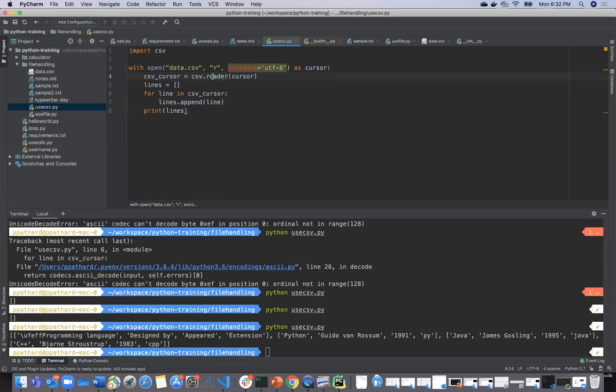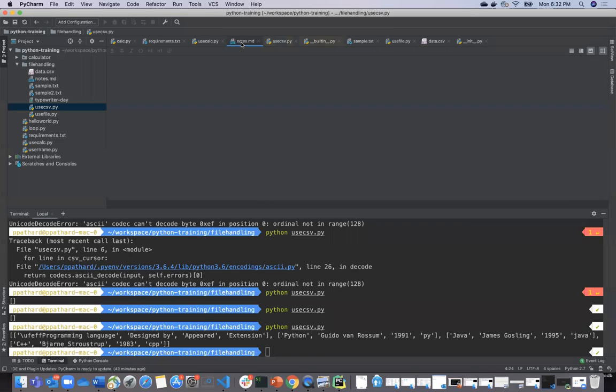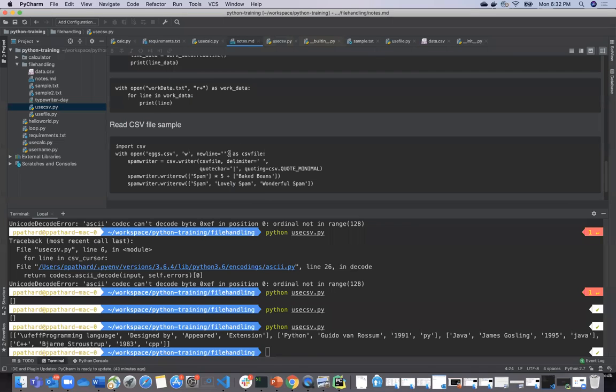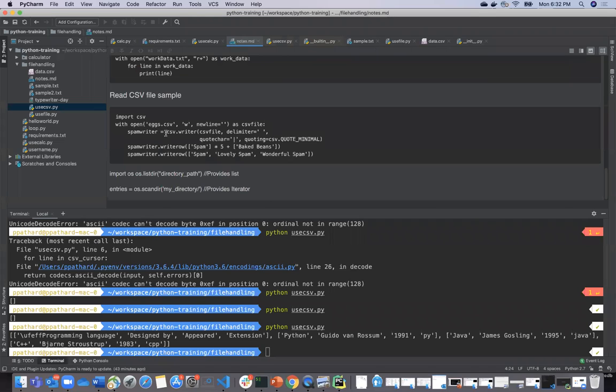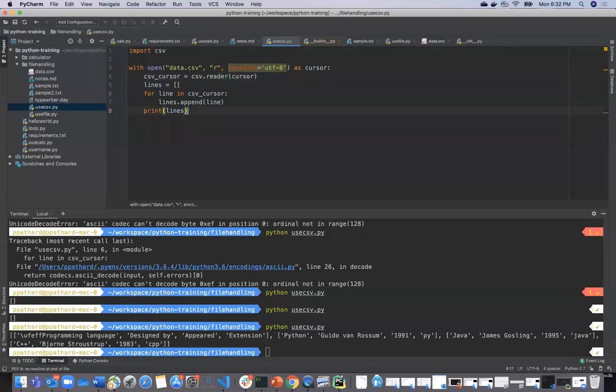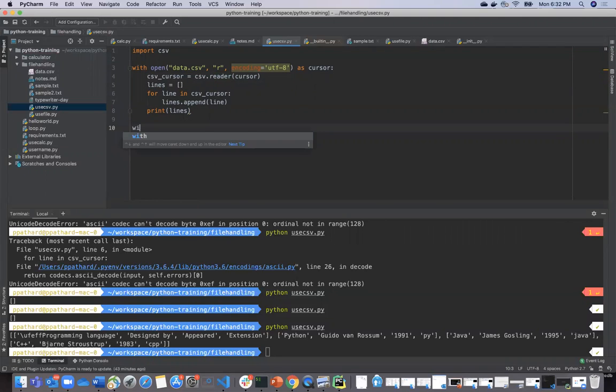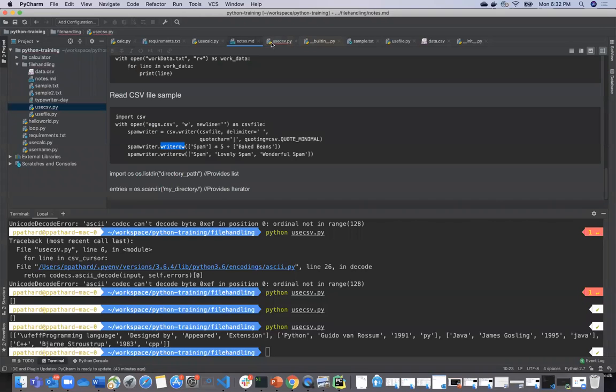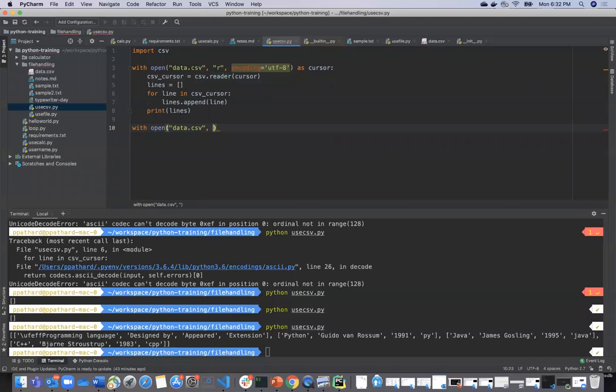Similar to the reader functionality, you have a functionality called writer. The way to write is quite simple. You basically open a file, create an object of csv.writer, and use a command called writerow. The way you do it is: with open data.csv, and I'm going to open in write mode.